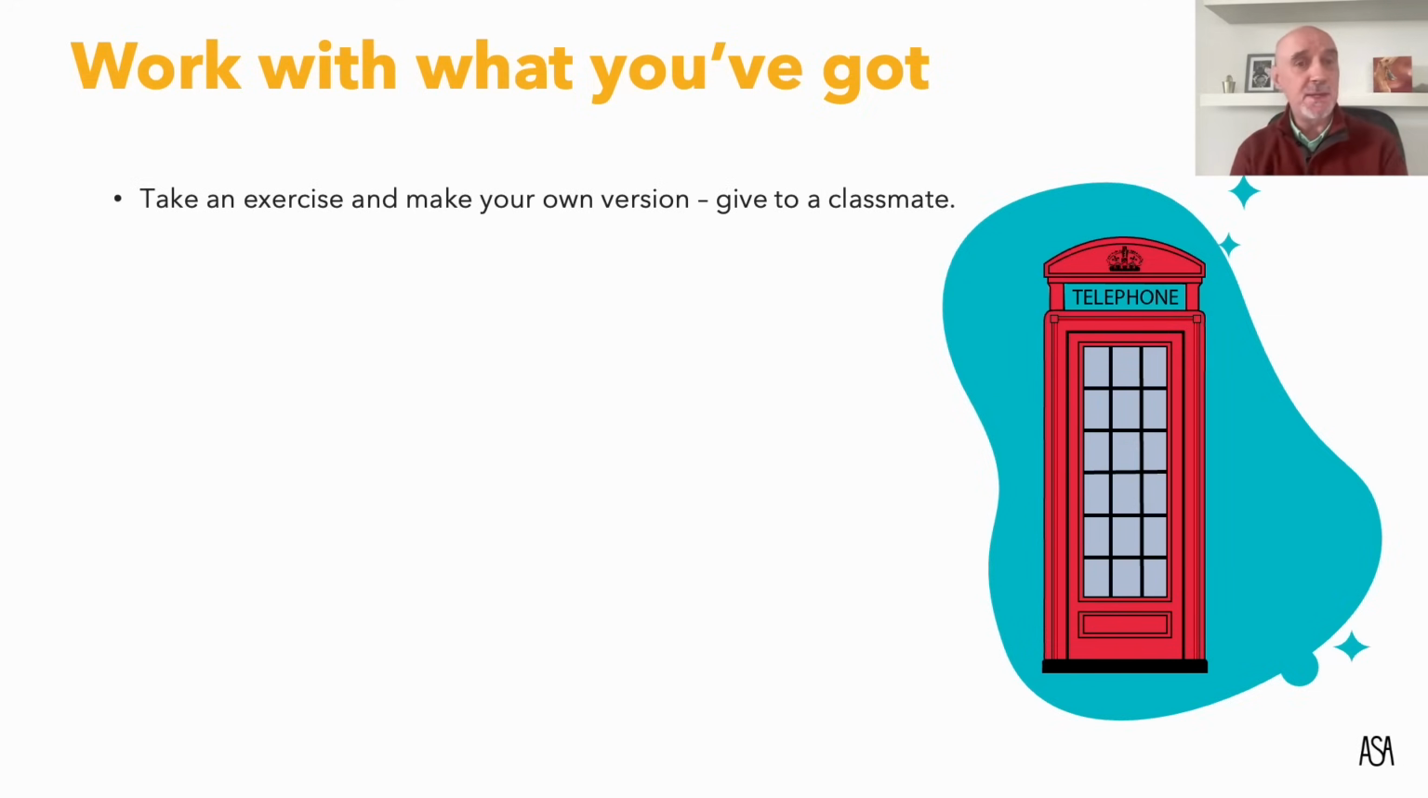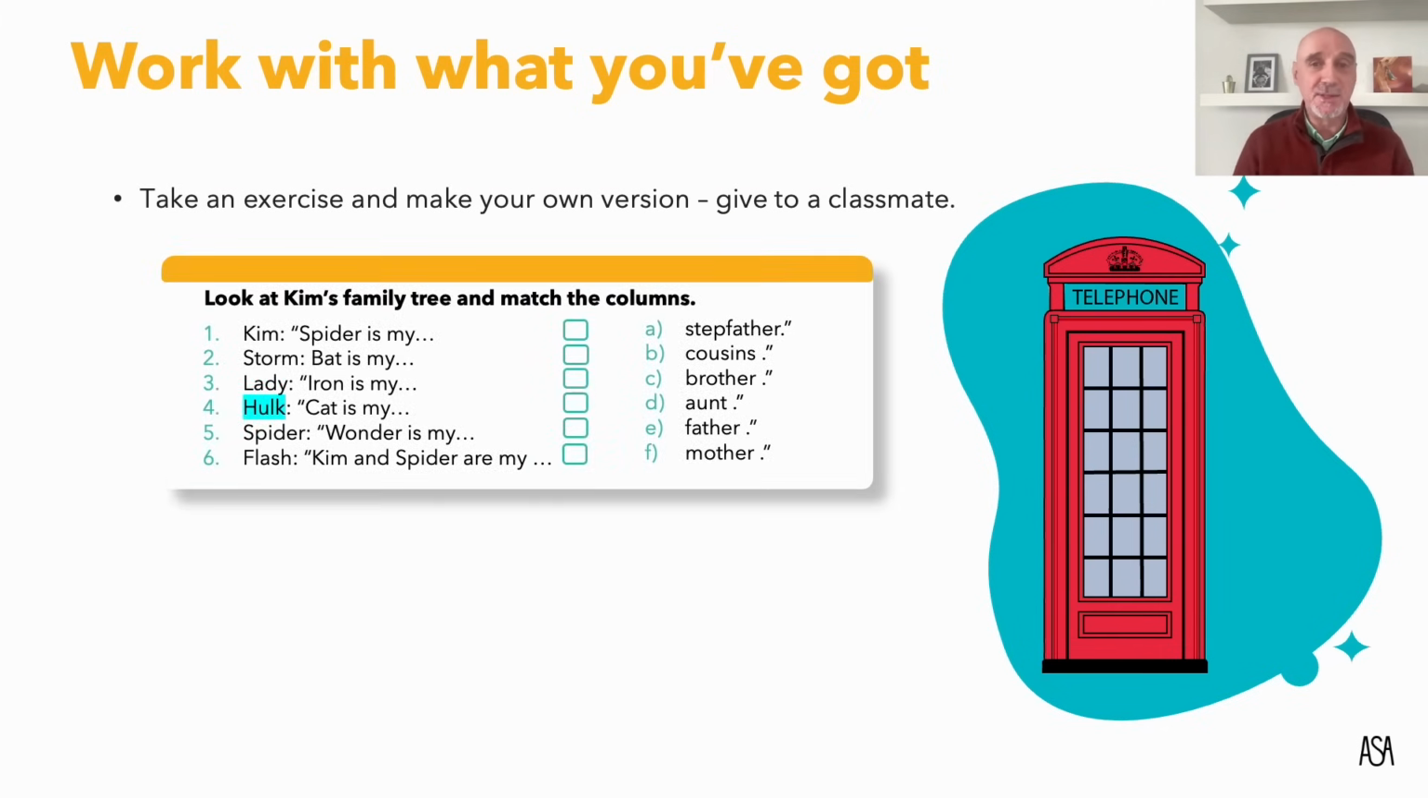Now, one way to do this is, as I say, to take an exercise that's in your course book on the page and to make your own version. When I say your own version, I mean the students make their own version and give it to a classmate. Let's look at this example from a fifth year activity talking about family relations, using simple sentences with the verb to be and